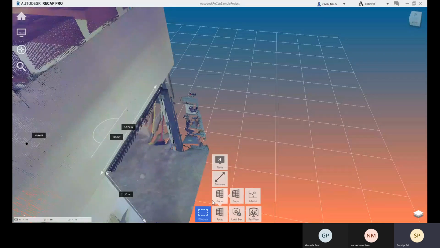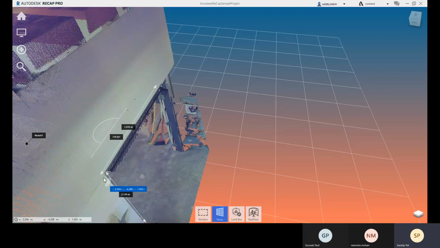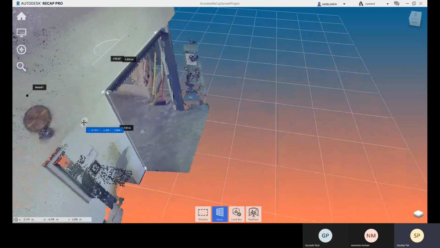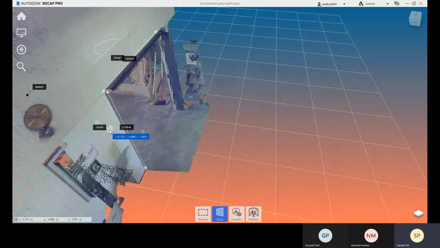Okay, so let me elaborate this again. So about the face option, this face you can place it, but I don't know why this is giving 179.92 only. I don't know why it is fixed.